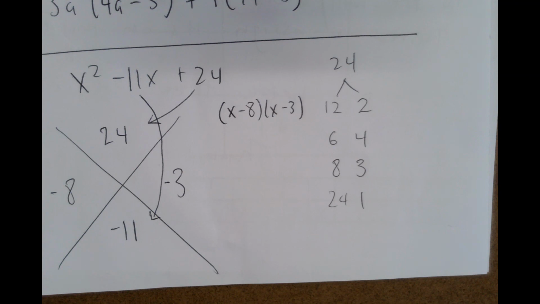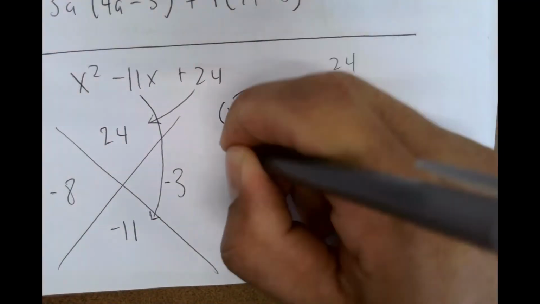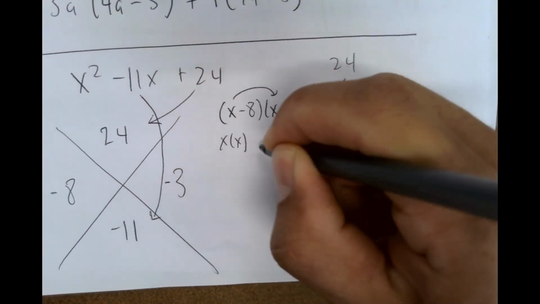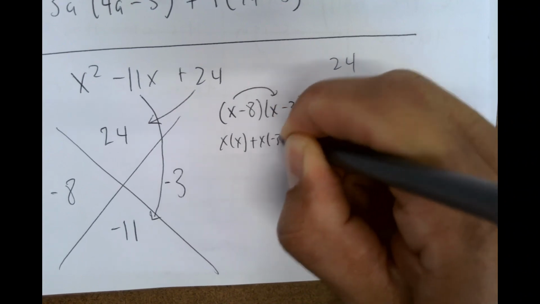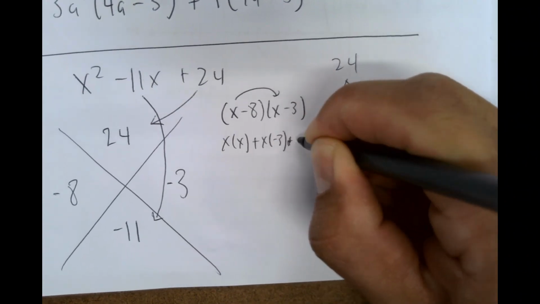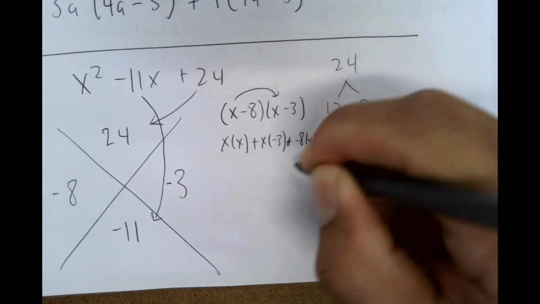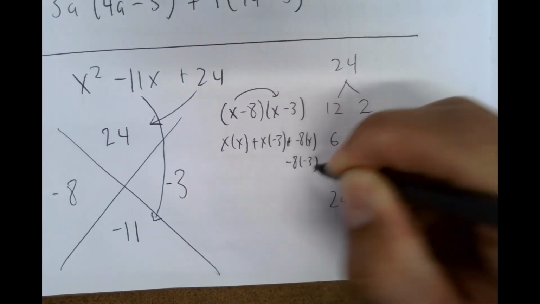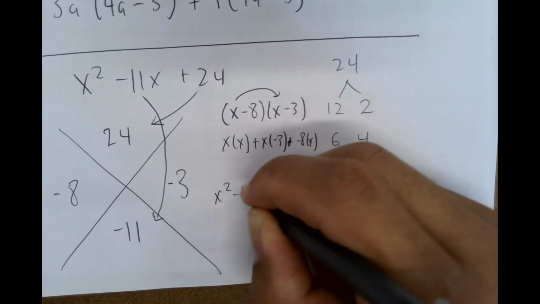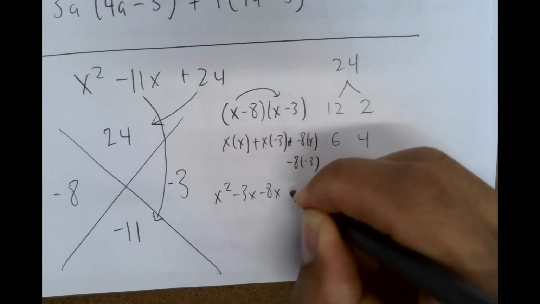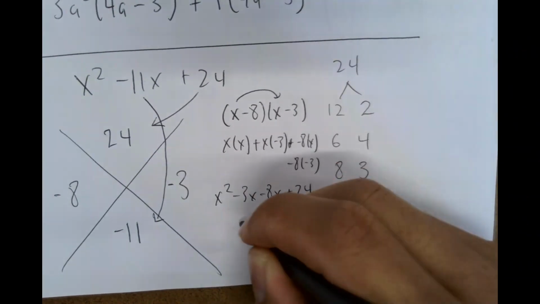If you're confused why we're able to do this, we're going from our last chapter, where we started with the area, and now we're going back to the sides. I'll show you that if I multiply this out, this would be x times x plus x times negative 3, then minus 8 times x, and minus 8 times negative 3. This would be x squared minus 3x minus 8x plus 24. And then if I add it together,